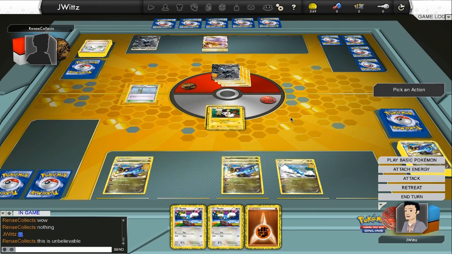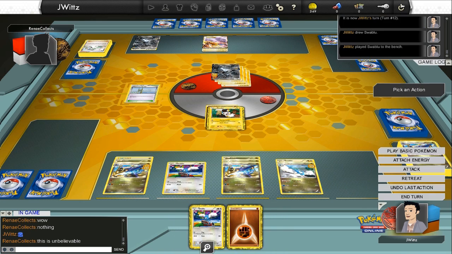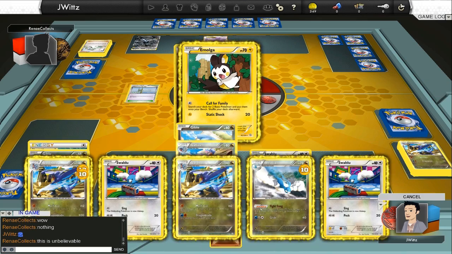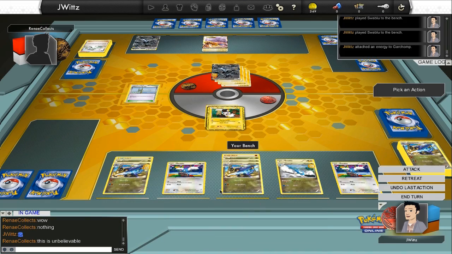So at this point, I'm trying to either just kill Mewtwo or kill 2 Zekroms. I draw another Swablu, which is great. I've been looking for him all game, and now I have no supporter to work with him. So I just attach around, spread the love, and at this point, I make a decision based on the bug